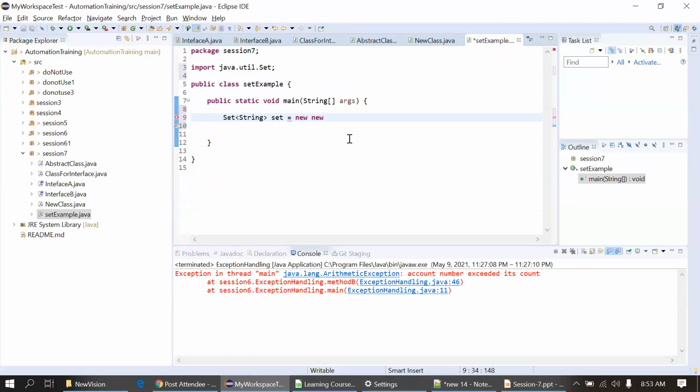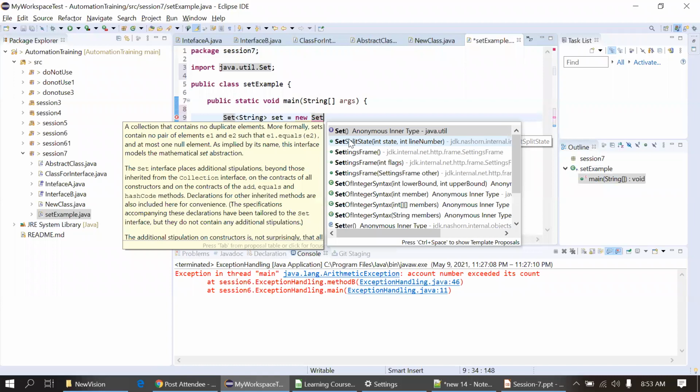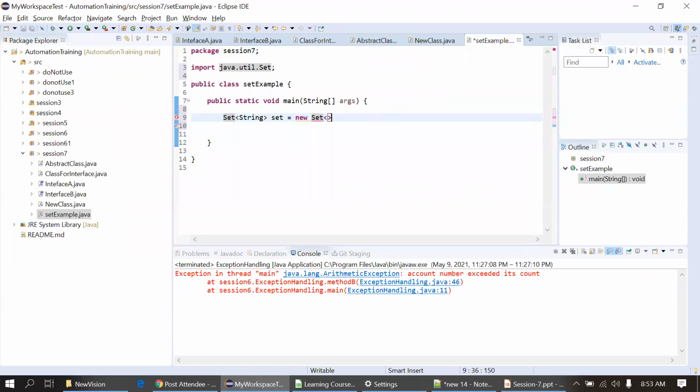Can you tell me if I'm writing the correct statement here? Can someone ping me why I'm getting this error now?